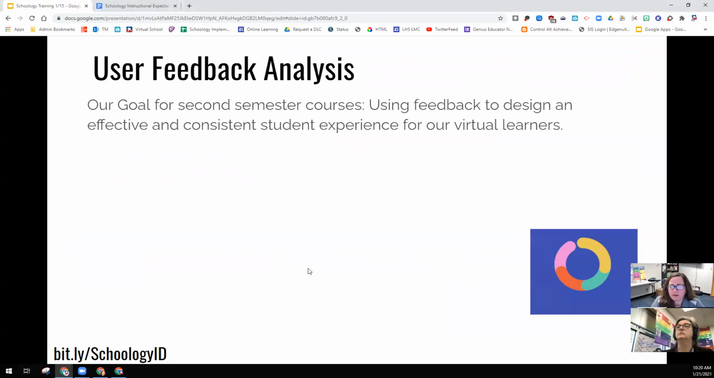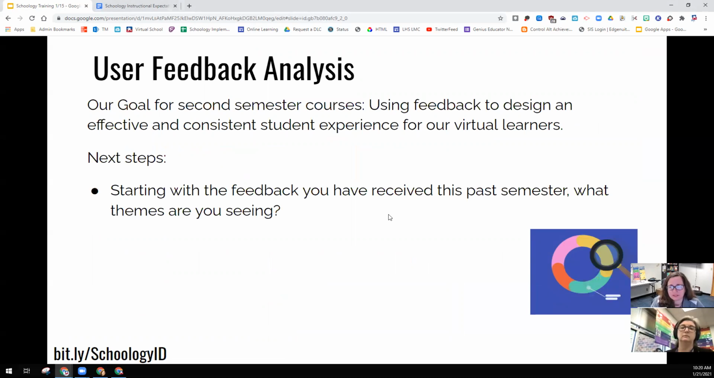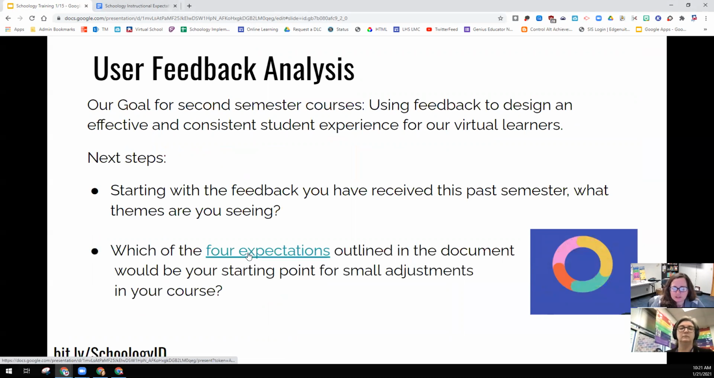So when we were talking about, like Tracy just mentioned, our goal for second semester courses is to be able to use the feedback we've gotten to design an effective and consistent student experience for our virtual learners. This is going to be based on the feedback that you have received. And so what themes are you seeing? And then using the Schoology instructional expectations document, which of those 4 expectations, communication,